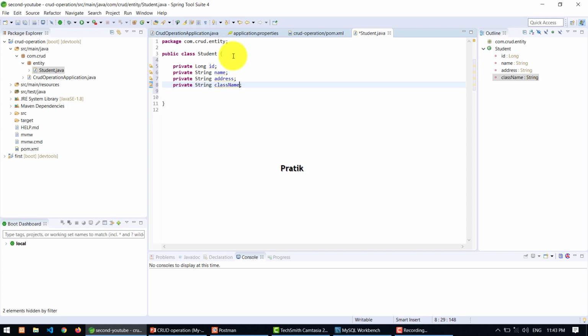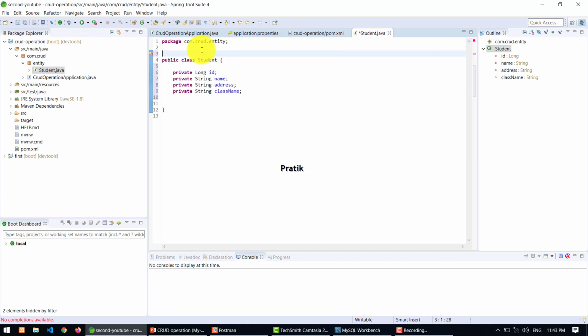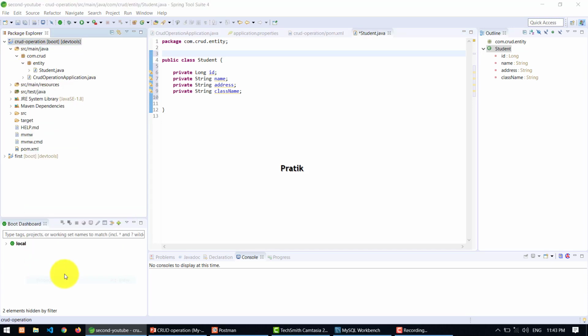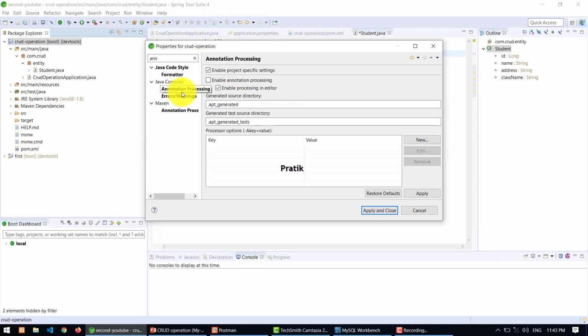Okay, so these are the attributes. Because I am using Lombok, I am not going to write getters and setters here. So I am writing @Data as an annotation. Why is it not appearing? Maybe I need to update the project. Oh, I didn't do the configuration of the annotation processing.